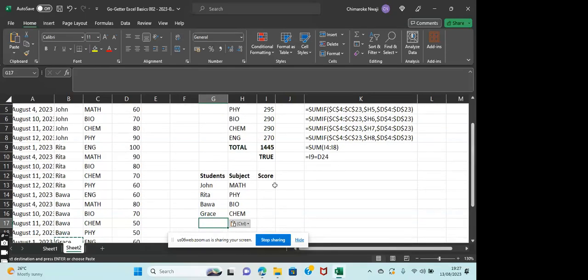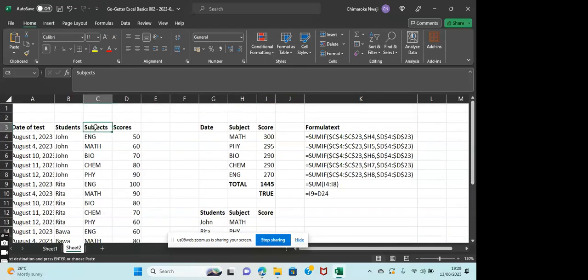How do we do this? We want to find John's math score. It's easy to just go here and select it. It's easy to bring Rita's physics score. We can decide to say, okay, so let's do it this way. Let me put